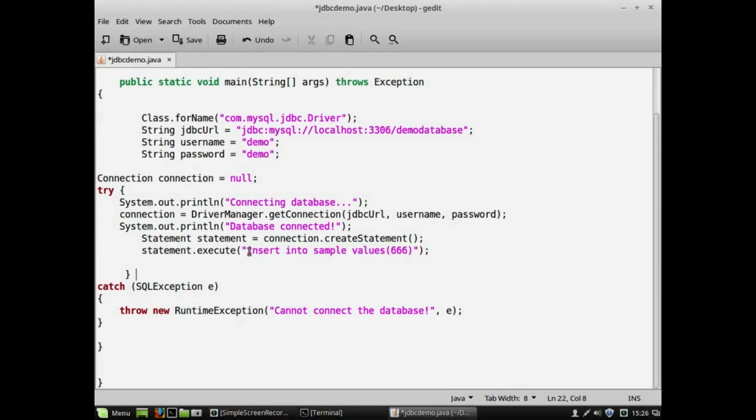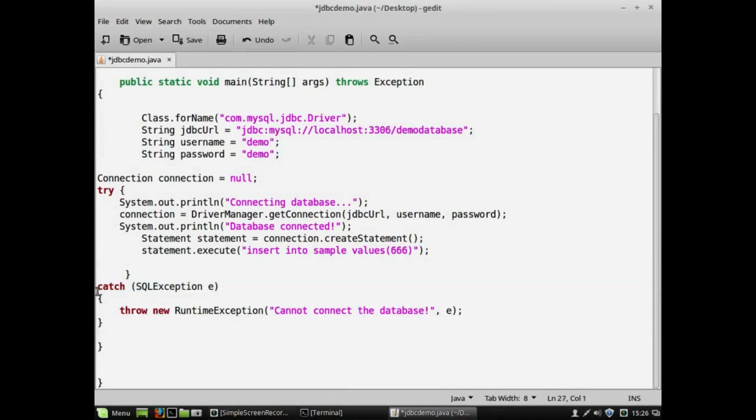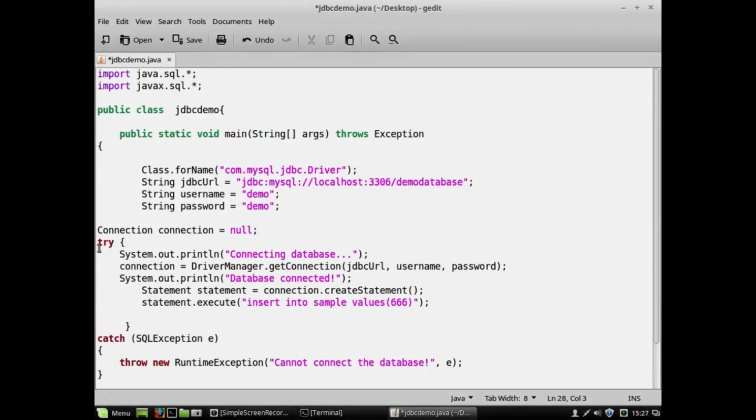So in case you have made any mistake typing something, for example here, the keyword values is compulsory as far as SQL syntax is concerned. But if you have typed only value, that is wrong according to SQL syntax. At that time, some exceptions have to be thrown back. To see those SQL related exceptions, we need to write a catch block. That's why this entire thing is kept in a try block.